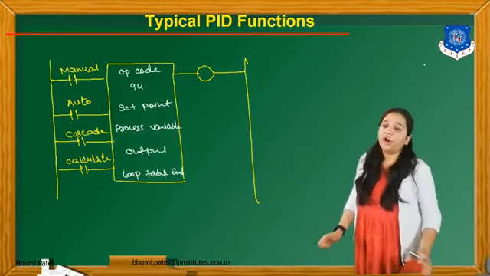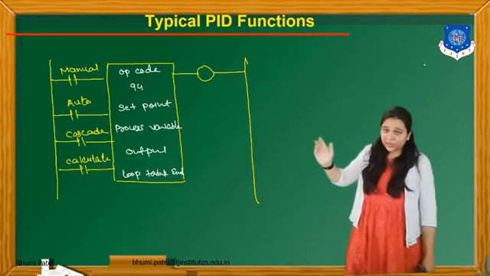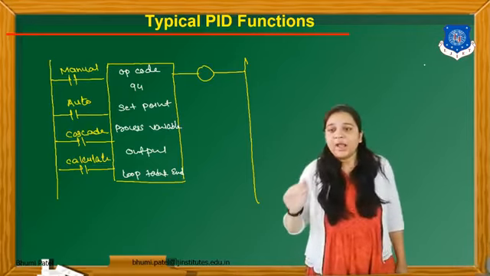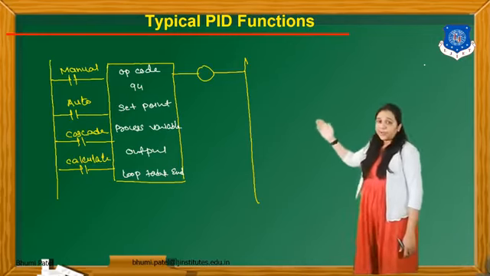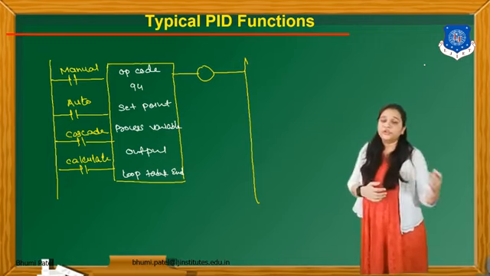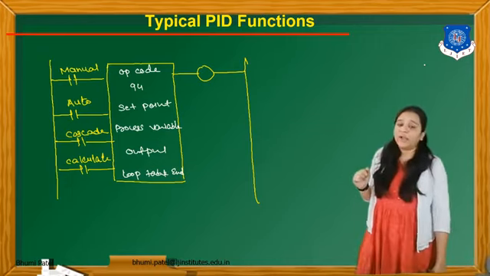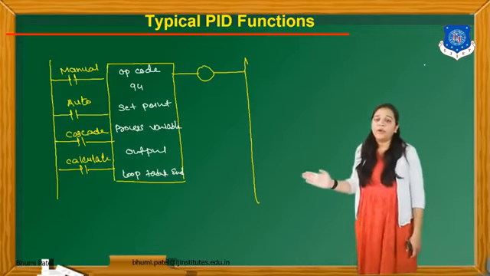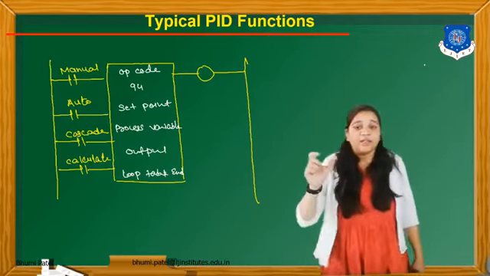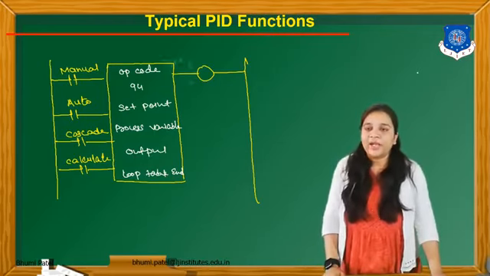Now in the block format we have to write the opcode, set point, process variable, output and loop table end. What is the set point, that we have to decide using the plan. Then the different types of process variable that we have to measure in the PID tuning, and then what is the actual output and the loop table end. At which address we have to end my loop table.